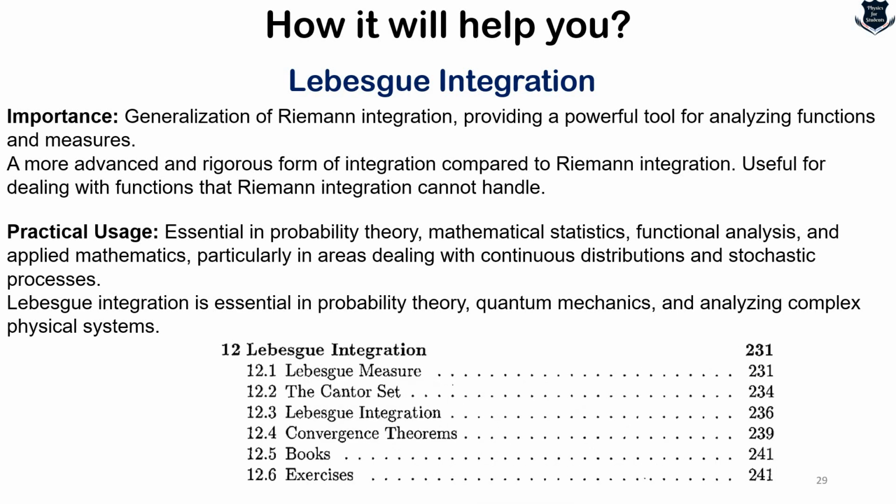Again, as I was telling you, see the Cantor set comes in between. Just 10 pages completes Lebesgue integration. So it gives you an exhaustive list of topics that you should learn. How you learn is up to you. This book is not meant for teaching you right from the beginning.